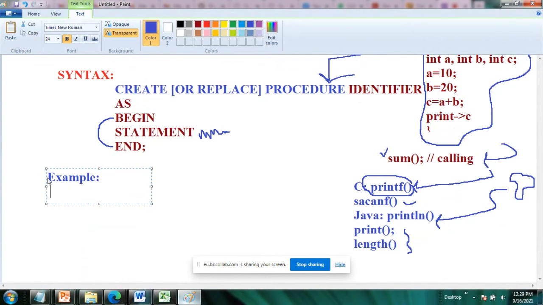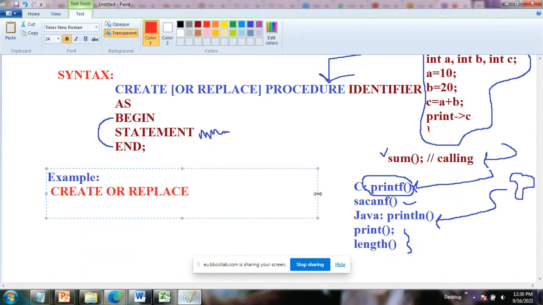See, first of all, what you have to do here, I'm going to type in caps lock, and I'm going to change this color so that you can recognize it easily. Create or replace procedure.